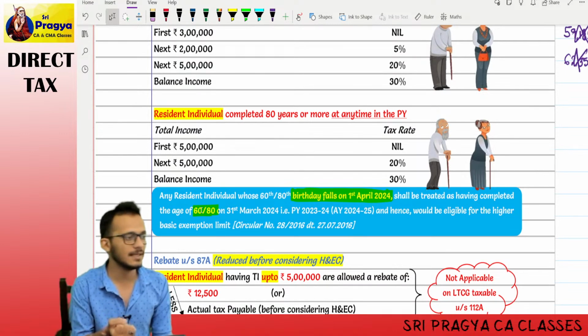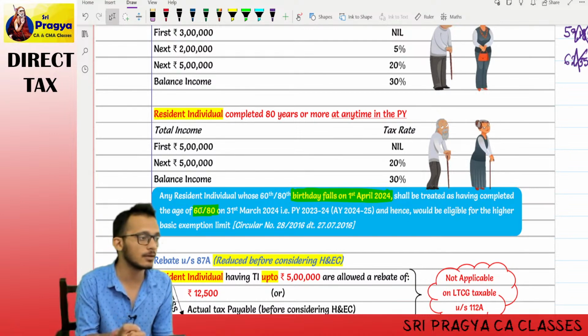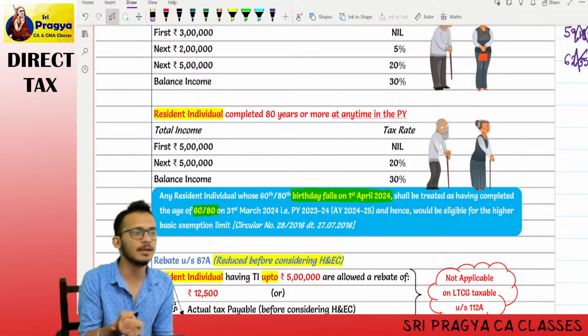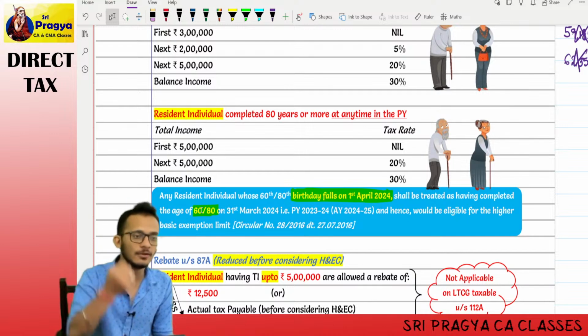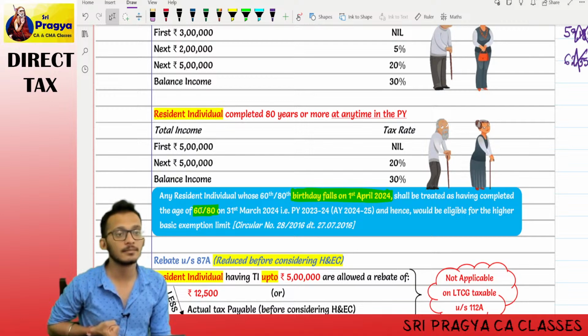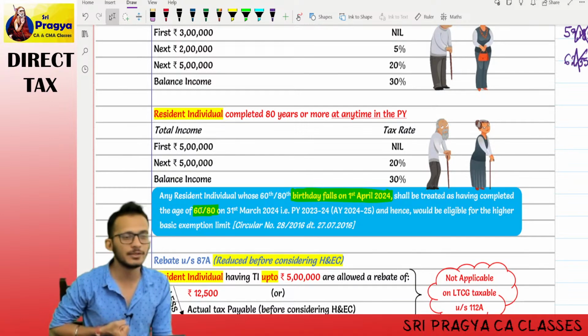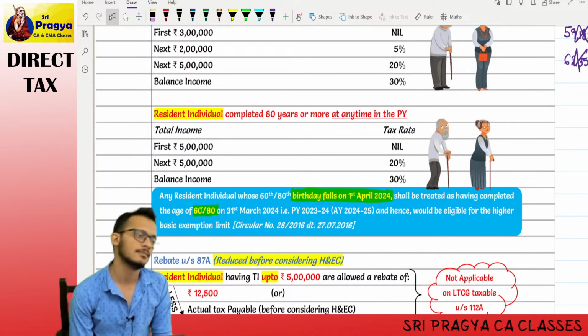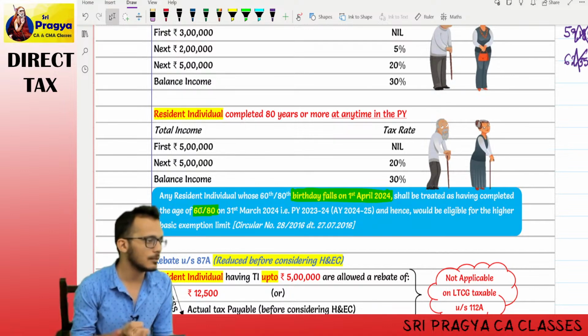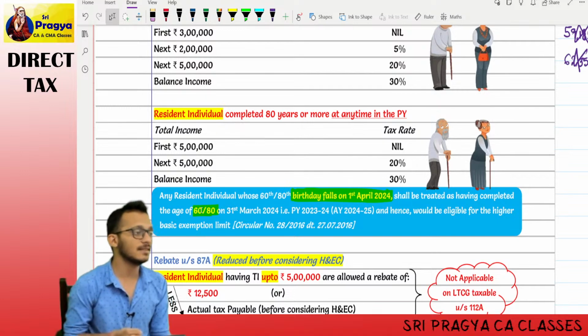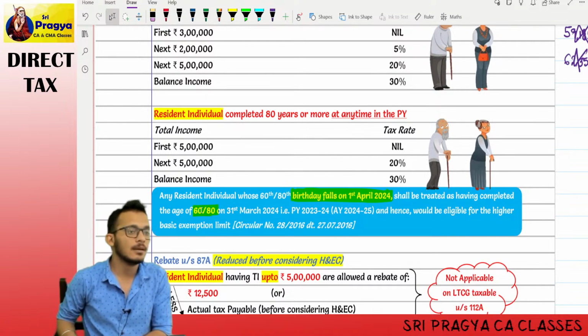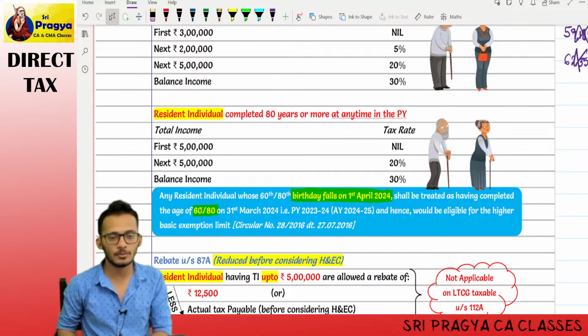At the same time, think about it. A person may be poor, but you are coming and saying, boss, no matter how poor you are, only 2.5 lakhs will be the slab. Which means if you earn up to 2.5 lakhs, he will also get no tax, I will also get no tax. Am I being progressive here? No. I should be more progressive. So I need to give you some more benefits. At the same time, richer should pay more tax.